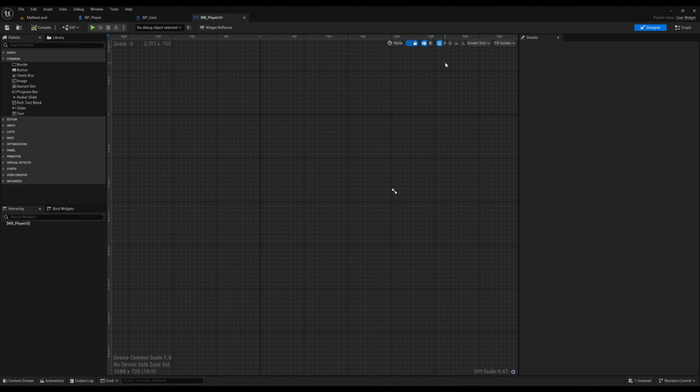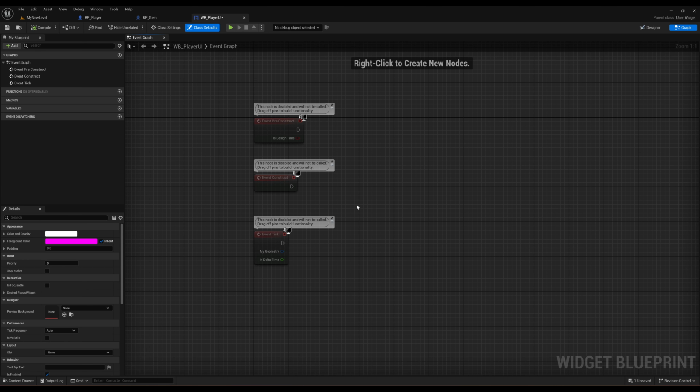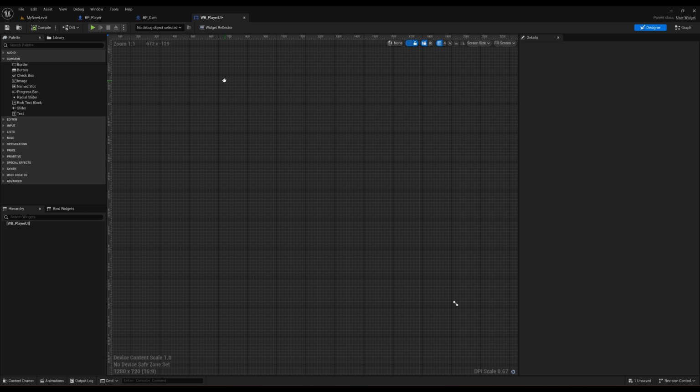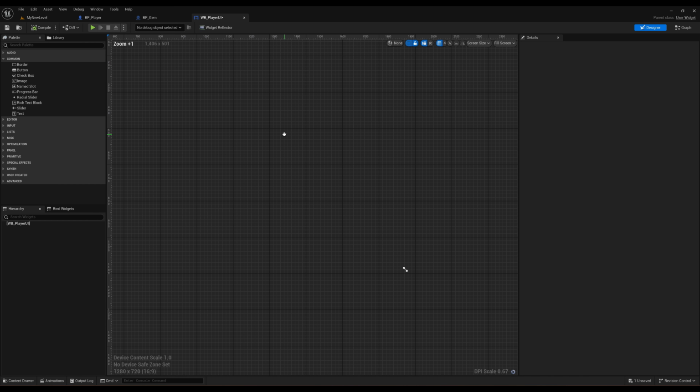And then to actually create some functionality for it, you've got the graph version of it. So it's basically the event graph that we've got. So what we're going to do is